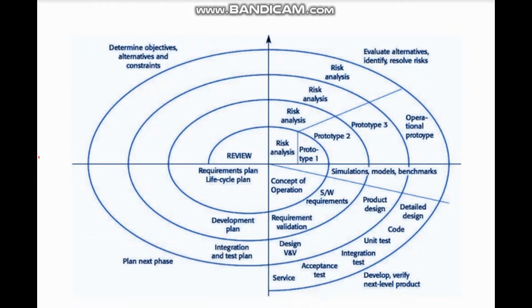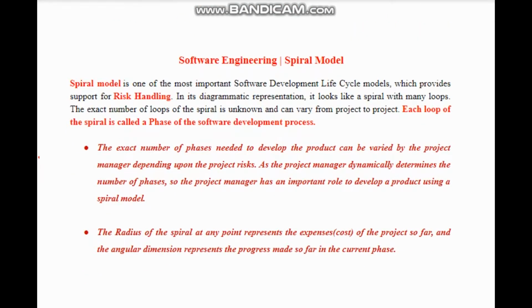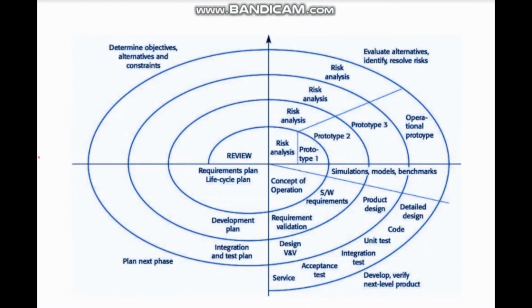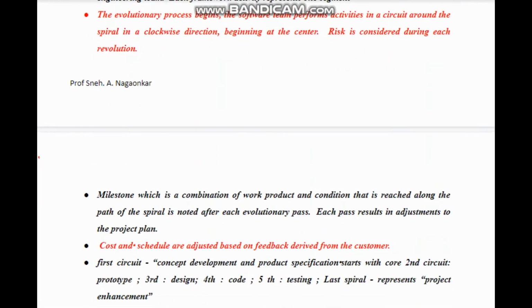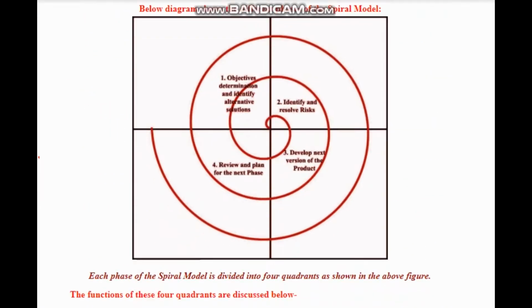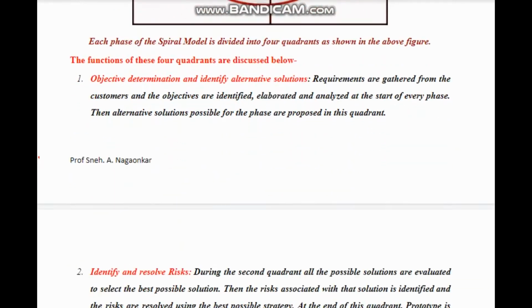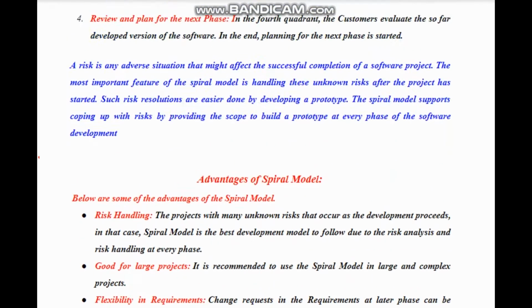In the examination you can just go through those points. First you can have a basic explanation of what a spiral model is, then go for this model. If it is asked for 5 marks, I can say that the explanation of the features is enough. If it is asked for 10 marks, draw this diagram also, along with the explanation of the phases. So just revise it, and we'll go for the next point now.